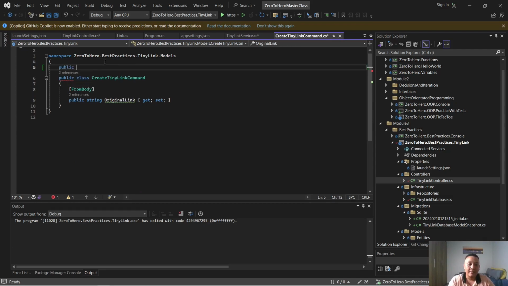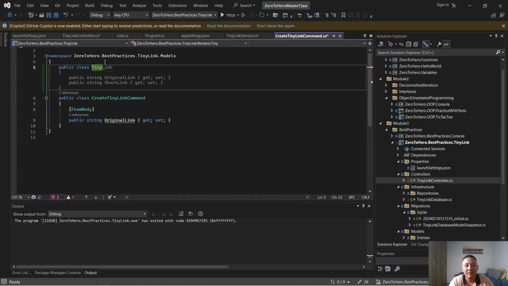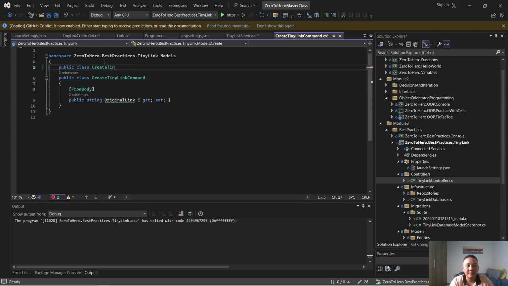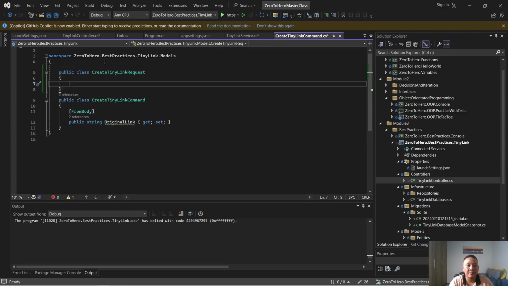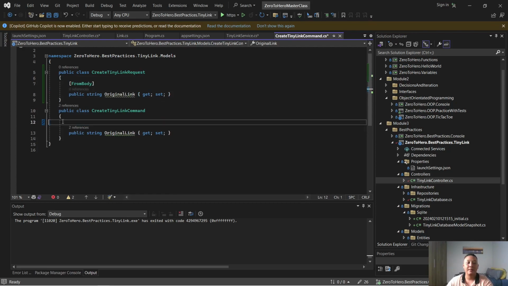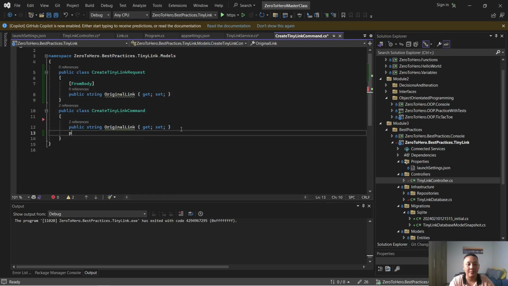Or we can go and take in a class. We can create a new class and call it create tiny link request, and in this request we are actually just going to move this out. This will come from body, and then we'll leave this in here, but then we'll add in the rest of